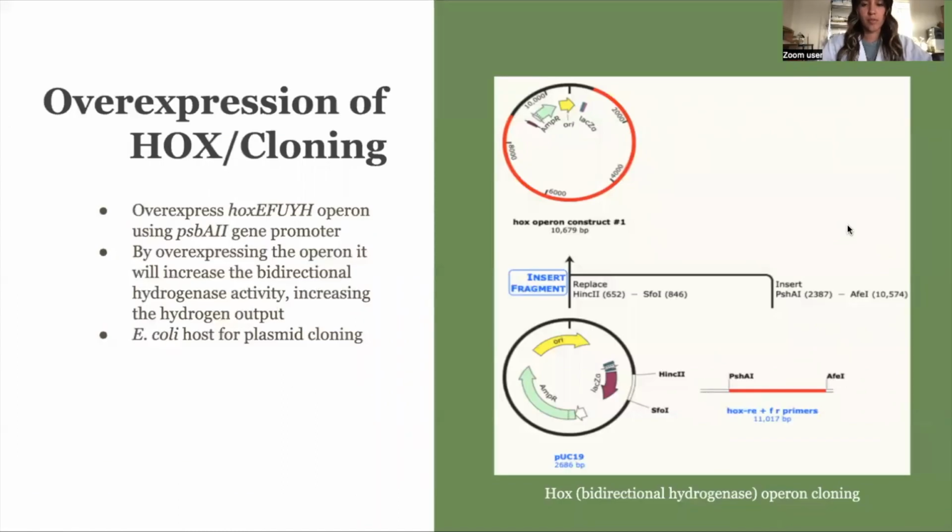The current Hox promoter in our bidirectional hydrogenase does not have a high expression rate, resulting in a relatively low expression of our bidirectional hydrogenase in the cells. So in order to address this, we first clone the operon using PCR in the region containing our operon of the Synechocystis genome. We use our pUC19 plasmid as a vessel for cloning and creating our Hox operon cloning construct,